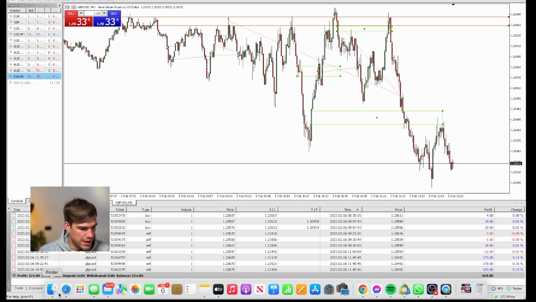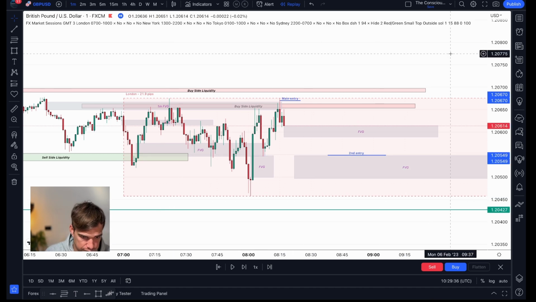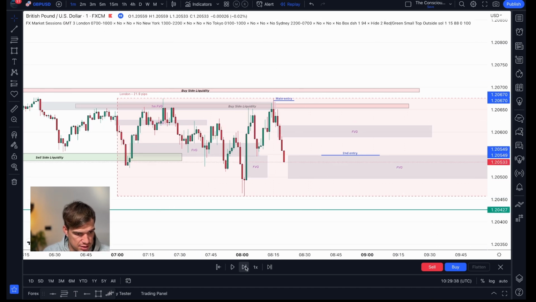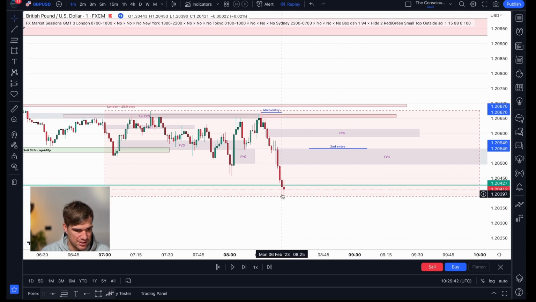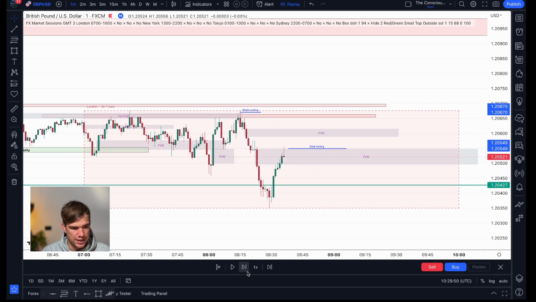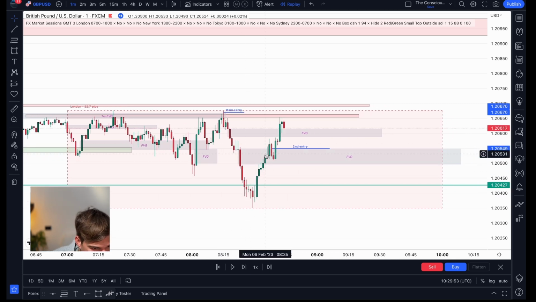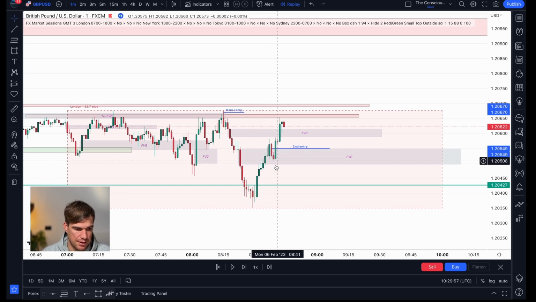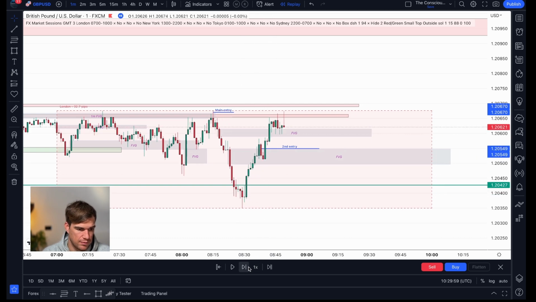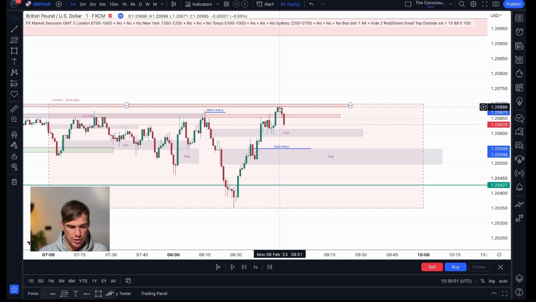So let's go back to TradingView, and as you can see that play out, it's come down all the way to this price here. Because I only had one position, obviously I didn't kill the trade, I was in good profit, and then it came back up. I filled another position on this fair value gap, came back up, and my third position was on the top here.